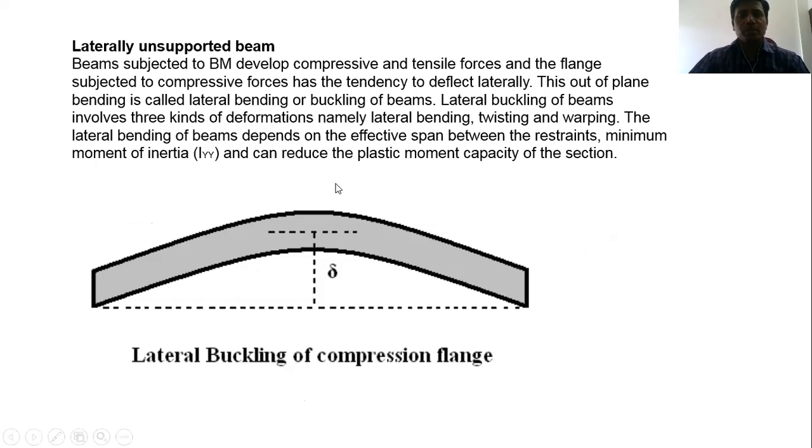Now come to the important part, the design of the laterally unsupported beam. I already told you, whenever the top flange, bottom flange or the web of the steel beam is not supported by any other member in the lateral direction, then that beam will buckle in the lateral direction. You can see this is one support, this is another support. If this beam is loaded under UDL or a point load, it can also buckle in the lateral direction. You have to take care of this important thing. This is called a laterally unsupported beam.